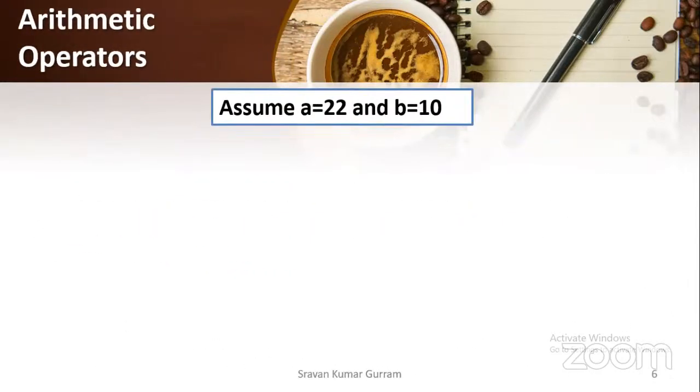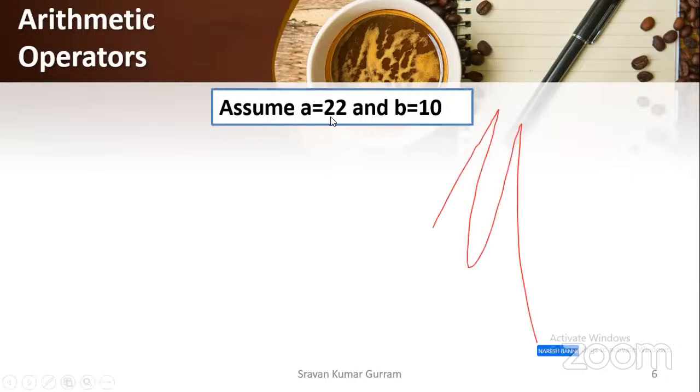For example, see, we have two variables a and b, and we store the value 22 in the variable